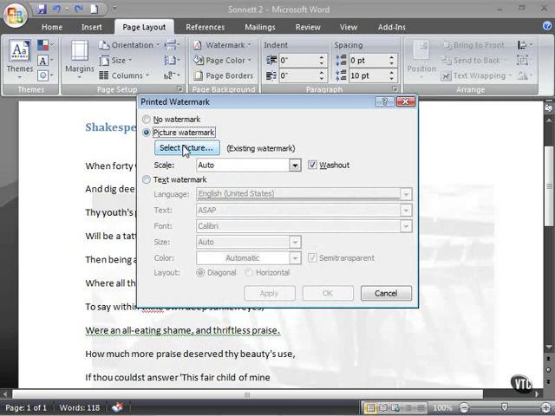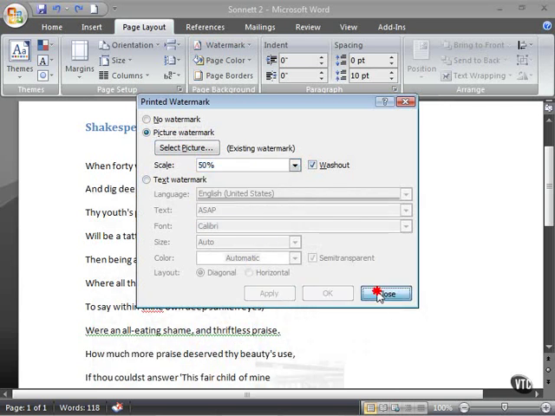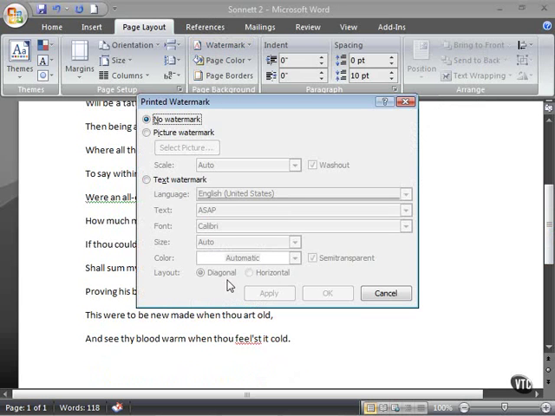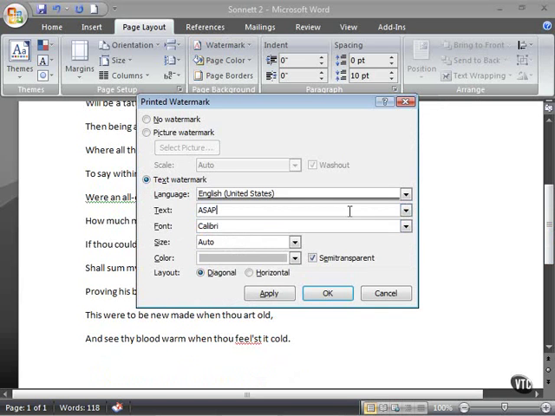So you can select a different picture, you can do the washout effect, and then you can scale it as you see fit. So there's a 50% scaling of the watermark. What else? Remove that watermark, go back and add a custom watermark. You can add a text watermark, of course, as well. There are several pre-selections, ASAP, confidential, and then you're free, of course, to